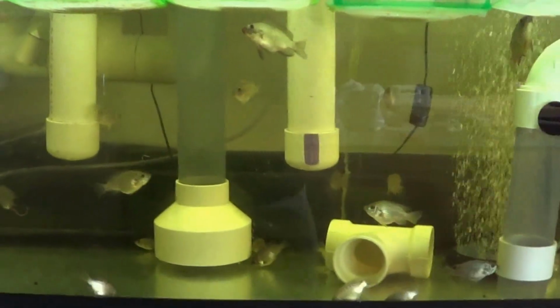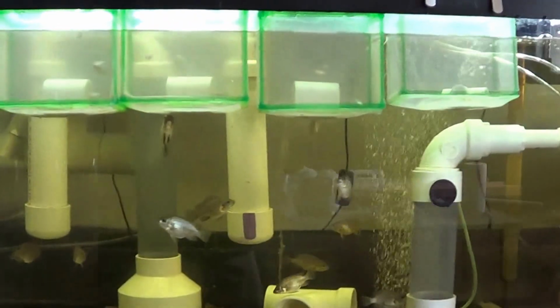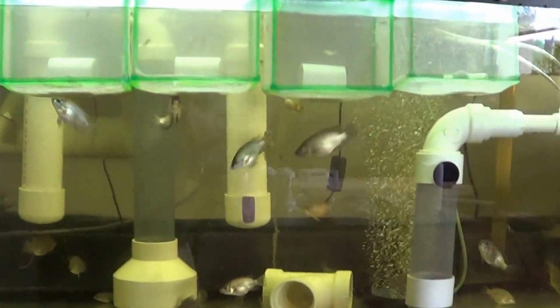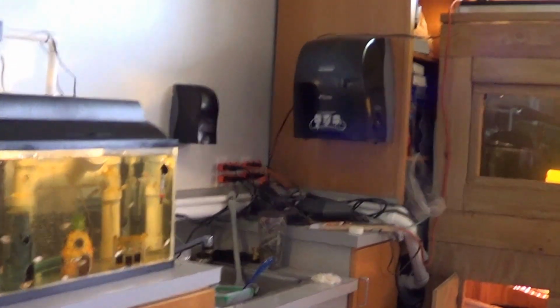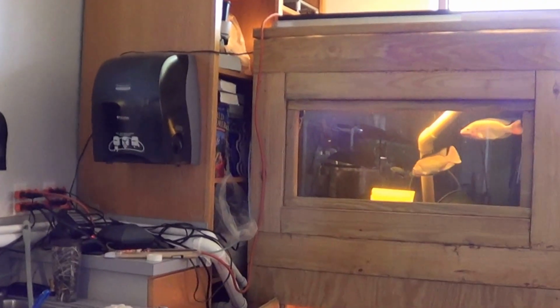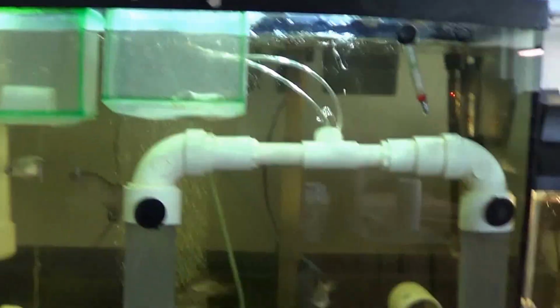The plan right now is to let this fresh fry grow out a little more, probably give it another 3 or 4 weeks at the most, and then I'm going to transfer all of those into the main tank. I don't know what I'm going to do with the adults that are in there. Hopefully they'll be getting closer to eating size by then. I don't think they will, but I'm going to try. Then I'll move these guys over in here, let them grow out, and continue that system of going from